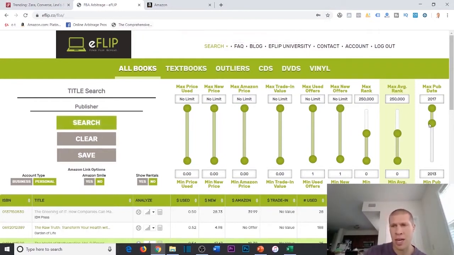We're going to take this actually down to like 2011 right here. So we're going to type in 2011. And that's exactly what I was getting at with these levers, right? Most people are going to go, okay, max rank 250 or max rank 500. But instead, I'm going to come in and I'm going to type